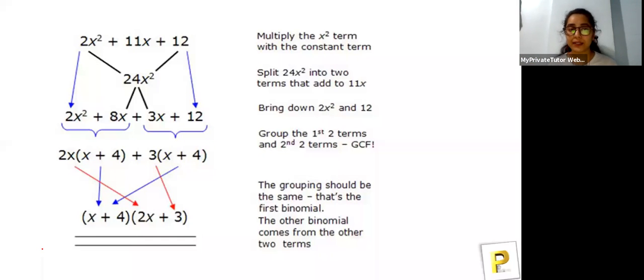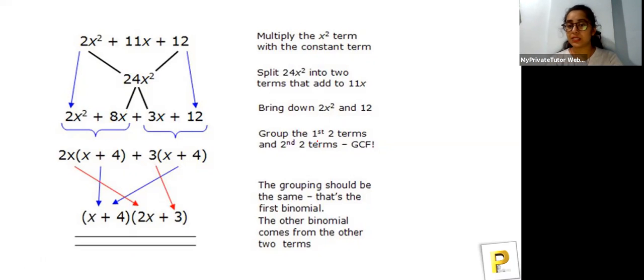Okay, after that, whatever terms you get, write it in the middle by replacing the middle term, and then find the common of the two terms, and then you get the two brackets and you'll be done. Okay, so